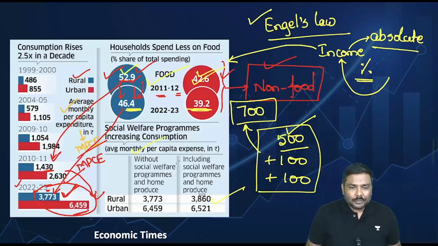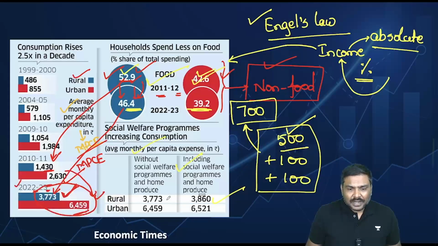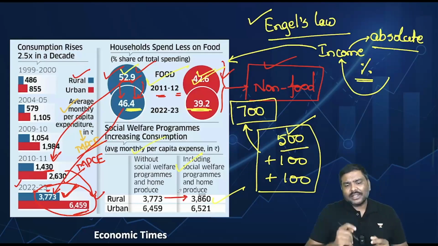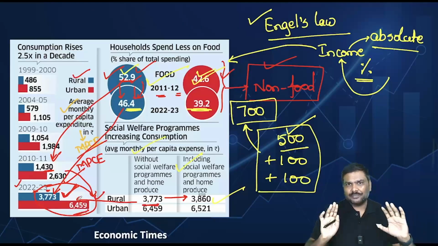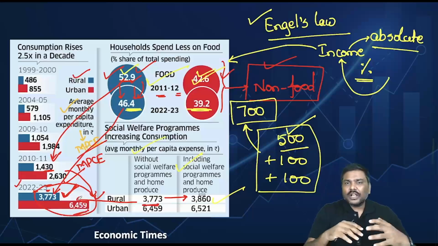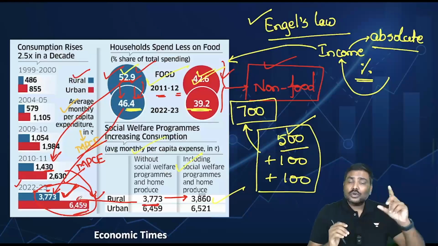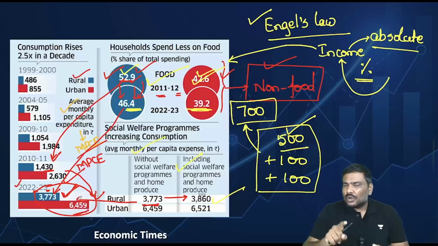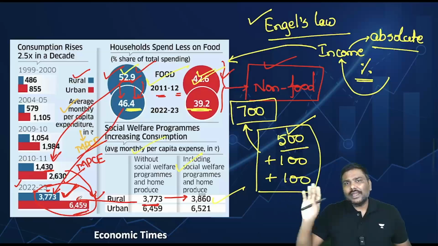So have a look at this: the imputed value of monthly per capita expenditure after including all these kinds of welfare programs provided by the government will be much higher compared to the actual data which has been published without including these expenditures. Which means, make two very important observations here. Point number one, if you come across the data 3,773 rupees, that is the MPCE for rural India, it doesn't include the social welfare expenses which are actually incurred by the government, not by the beneficiaries.